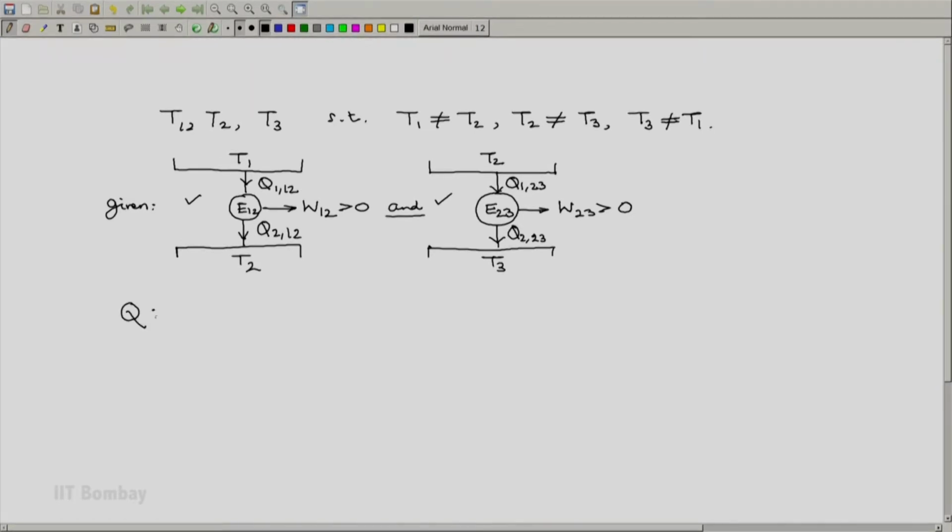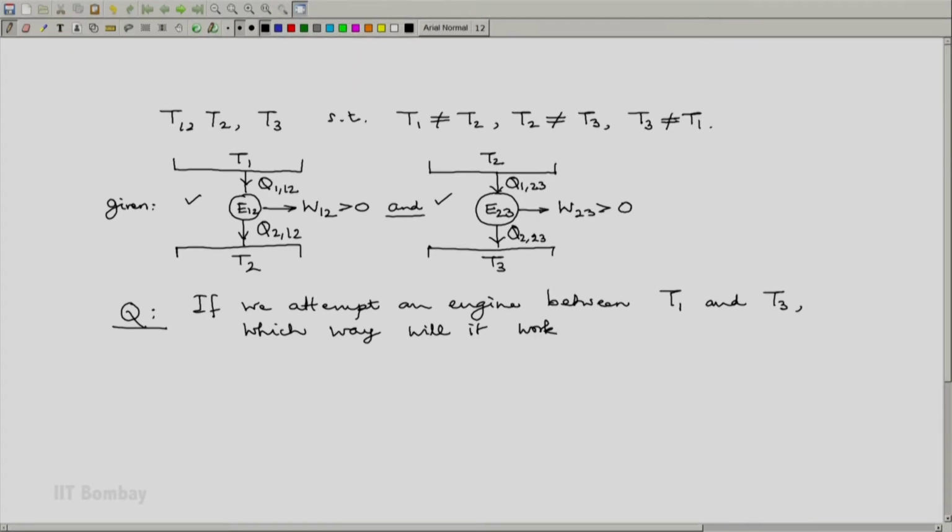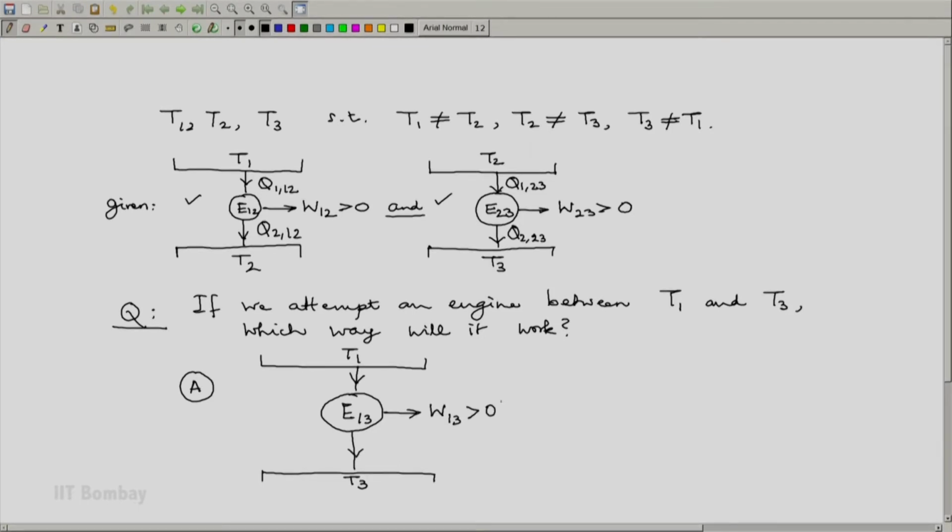Now, the question is, if we attempt an engine between T1 and T3, which way will it work? The options are A, notice it has to be T1 and T3. The options are A, the engine 13 will work by absorbing from T1 and rejecting to T3 and producing W13,